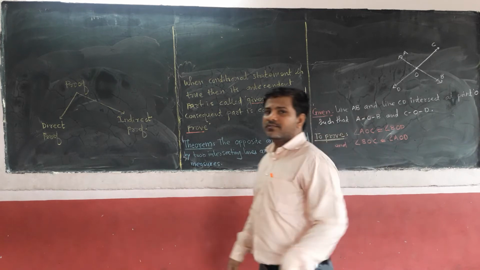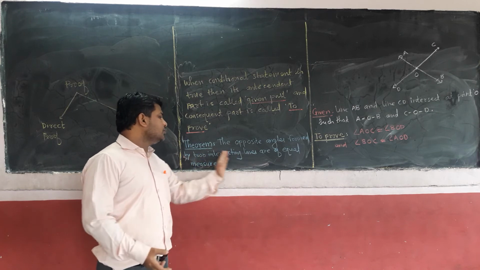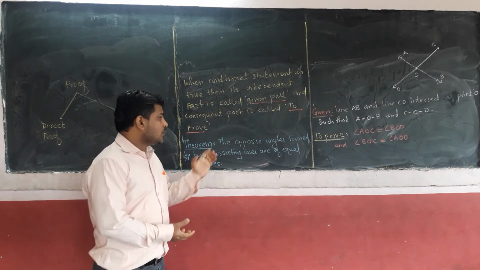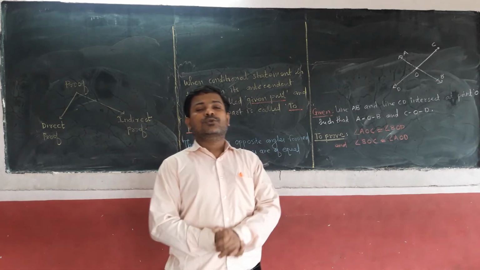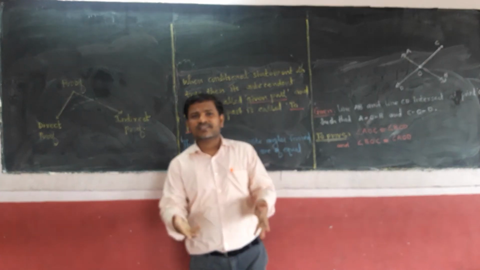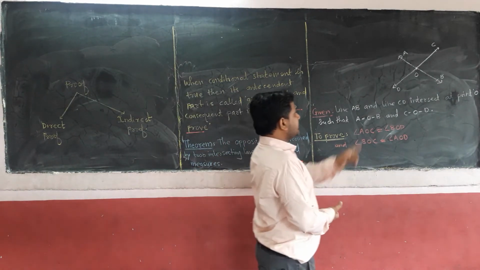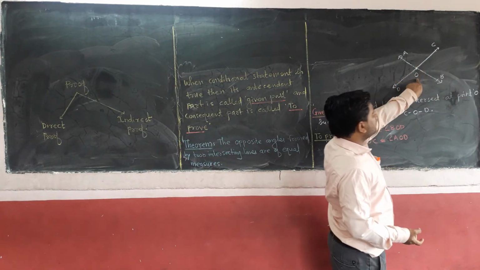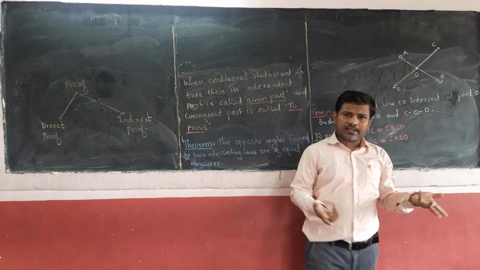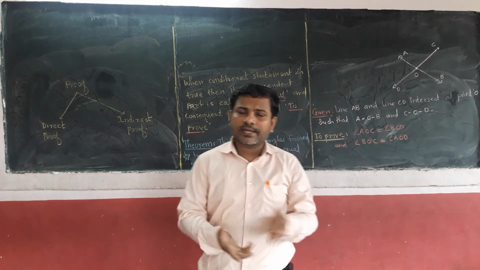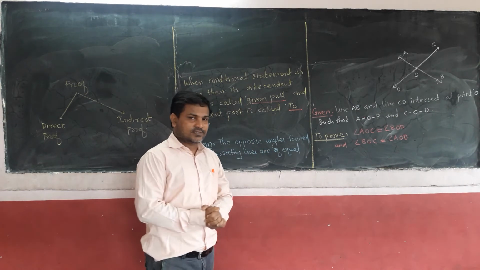Now let us see the first theorem of this lesson. What is the theorem? The opposite angles formed by two intersecting lines are of equal measure. Yes, you have used this property in the previous standards, in 7th standard, in 8th standard, and you were solving examples. That means angle AOC is equal to angle BOD and angle BOC is equal to angle AOD. These angles are congruent. Already you know that, you have used it, but now you are going to prove this result.